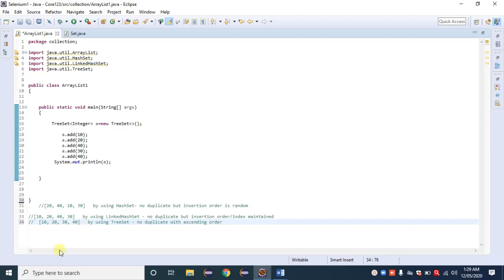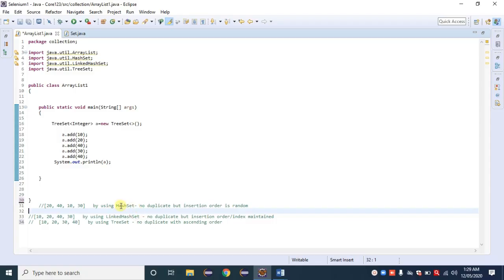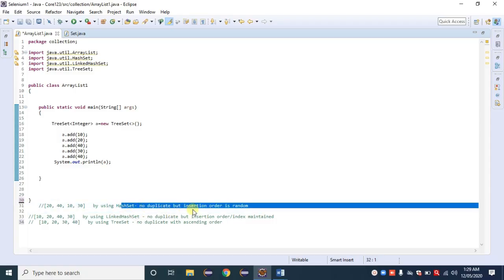So that total is about a set. No duplicate is permitted. Then we can go with ascending order by using a TreeSet. If there is no duplicate but insertion order or index must be the same, then we can go with a LinkedHashSet. And as usual HashSet, insertion order is random.